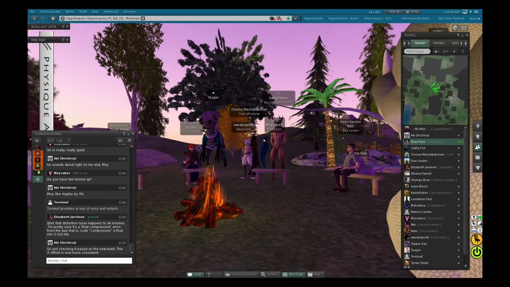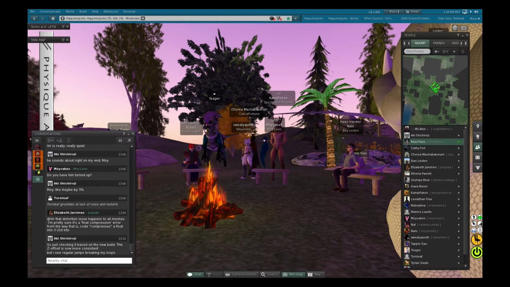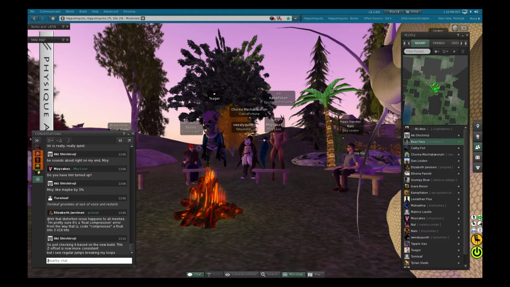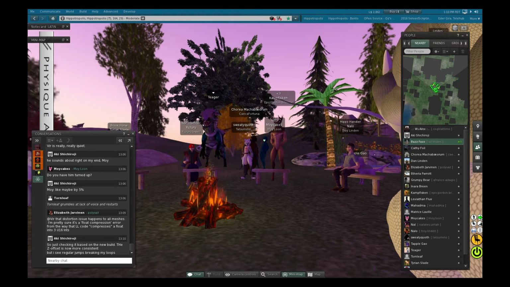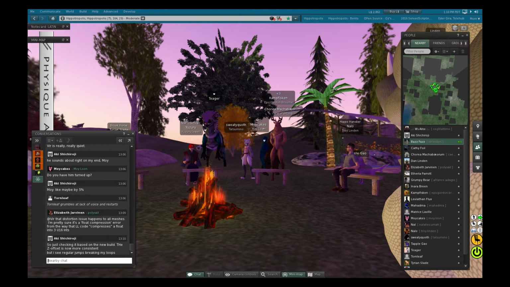Yeah, I'll probably say regarding the distortion issue, it does happen with all meshes when you right-click. The one that seems to be somewhat less common is the distortion in the base mesh itself, which seems to get worse with altitude, and that's only when you're doing software skinning. If the calculations are happening in the GPU, the avatar looks okay. So yeah, I'm pretty sure it's some kind of floating point precision issue that's getting introduced somewhere, but we don't know exactly where yet.